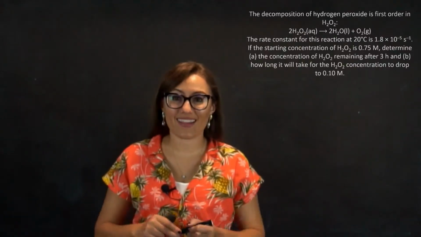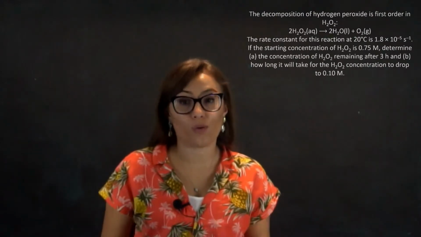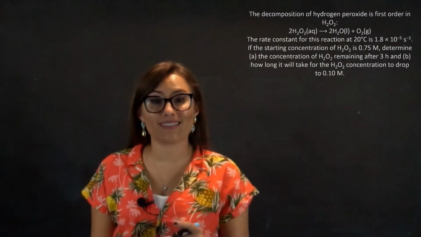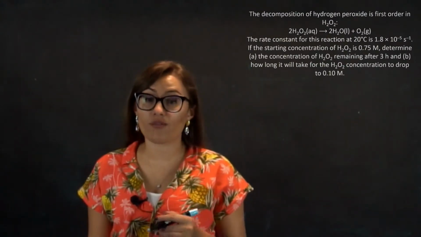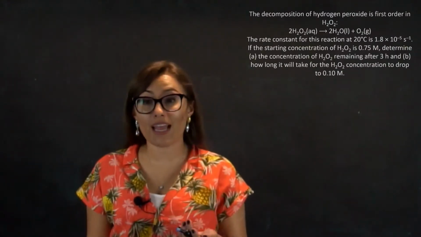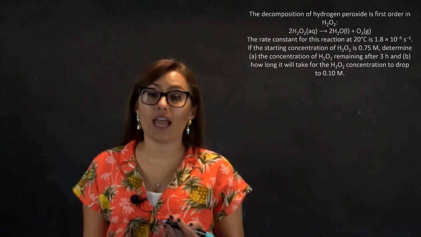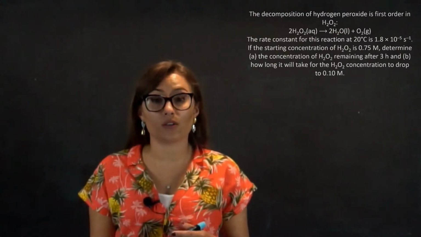Hello and welcome back. The following problem states the decomposition of hydrogen peroxide is first order. The rate constant for this reaction at 20 degrees Celsius is 1.8 times 10 to the negative fifth per second. If the starting concentration of hydrogen peroxide is 0.75 molar, determine, in part A, the concentration of hydrogen peroxide remaining after 3 hours, and in part B, how long it will take for the hydrogen peroxide concentration to drop to